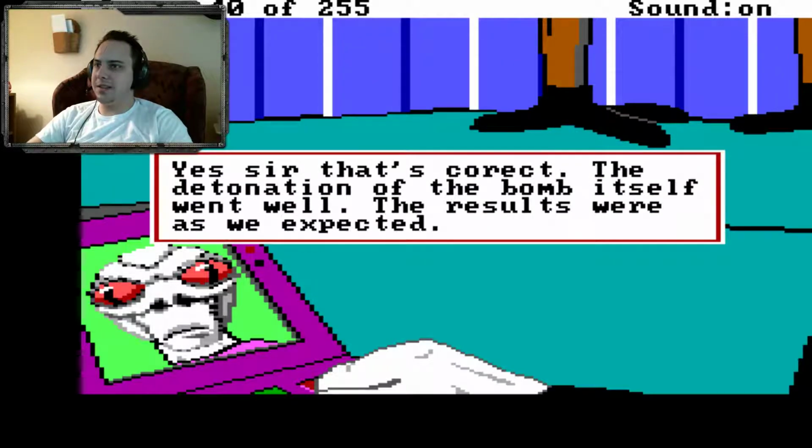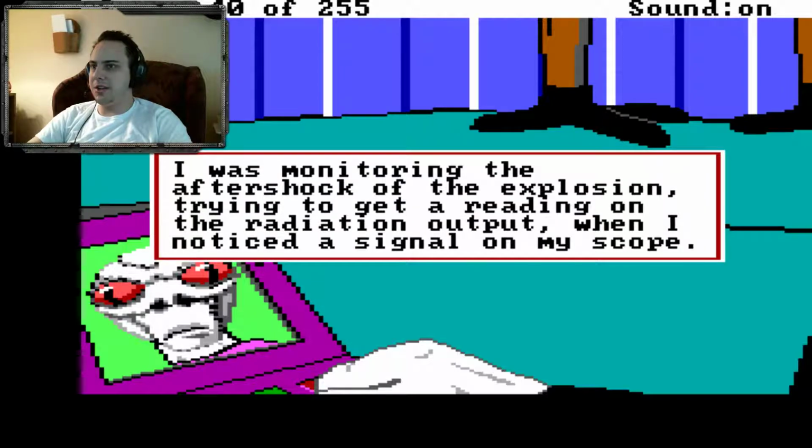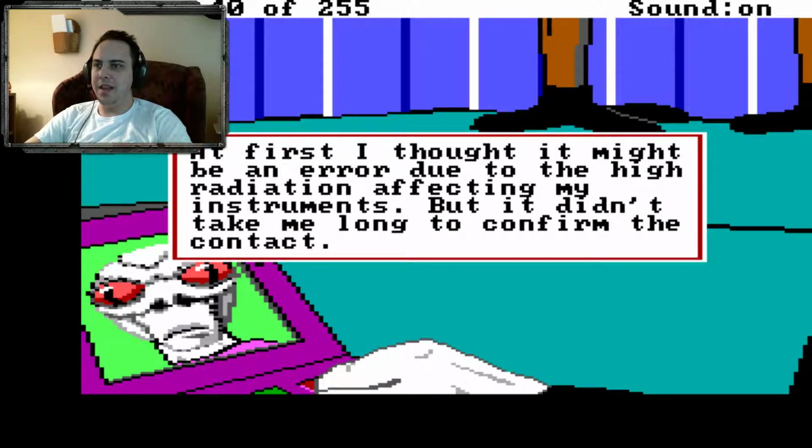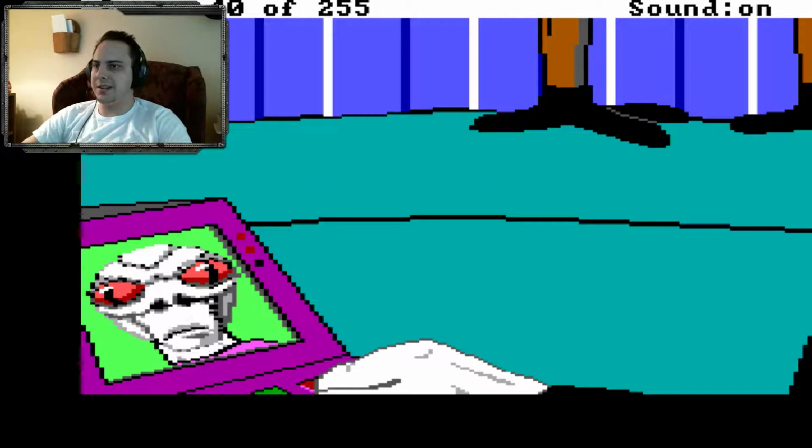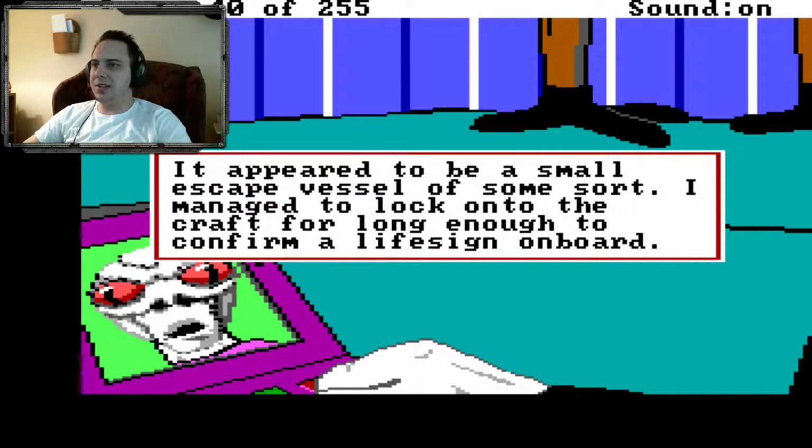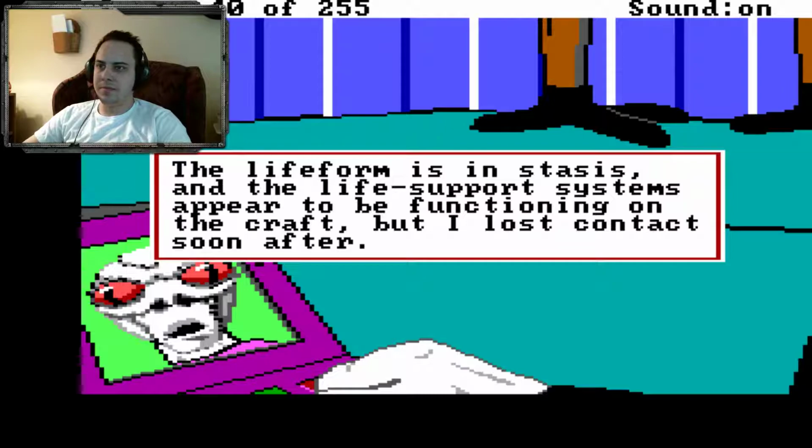Yes, sir, that's correct. The detonation of the bomb itself went well. The results were as expected. I was monitoring the aftershock of the explosion, trying to get a reading on the radiation output, when I noticed a signal on my scope. At first, I thought it might be an error due to the high radiation affecting my instruments, but it didn't take me long to confirm the contact. It appeared to be a small escape vessel of some sort. I managed to lock onto the craft for long enough to confirm a life sign on board. The life form is in stasis, and the life support system appeared to be functioning on the craft, but I